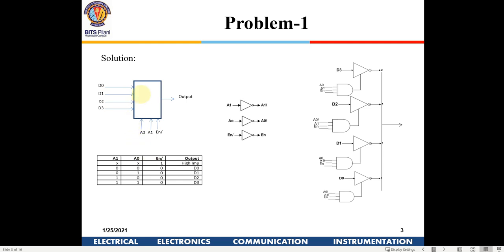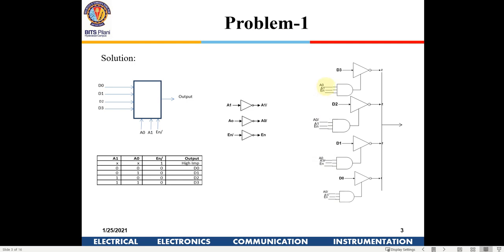So this is how it is done. This is the truth table. These are just the inverters, to generate A1 bar and A0 bar, right? And then you have four AND gates, three input AND gates. Everywhere you are going to give one of the signals, enable, because when enable bar is 0, you need an output. So we have taken the inverted enable bar, which is enable, which is given to all these AND gates.